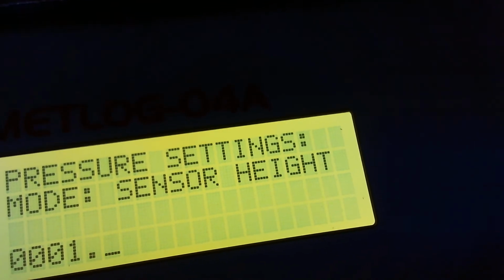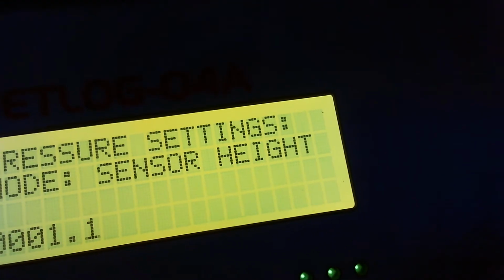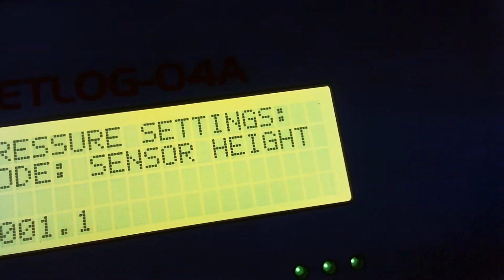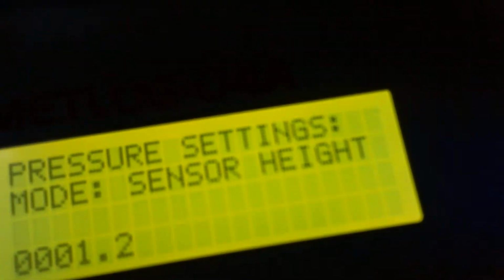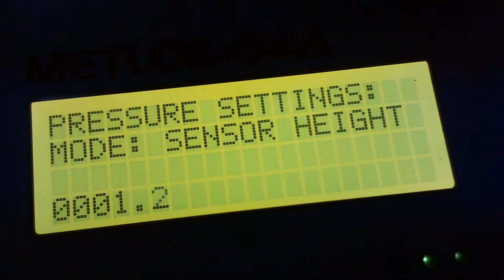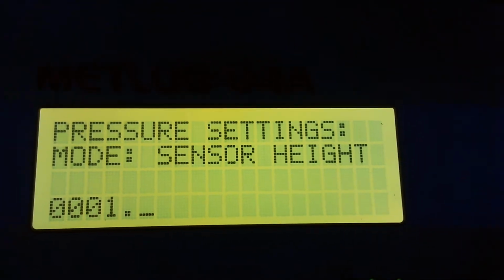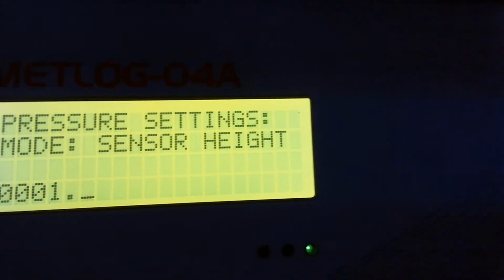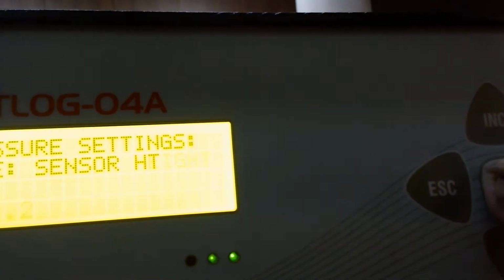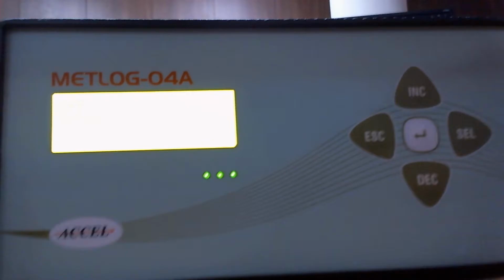Now if you want to make 1.2 meters, then press increment button here, and after pressing you will see here 1.2 it has become. And after setting the sensor height of the pressure sensor to 1.2 meter, then press enter. Press enter button.